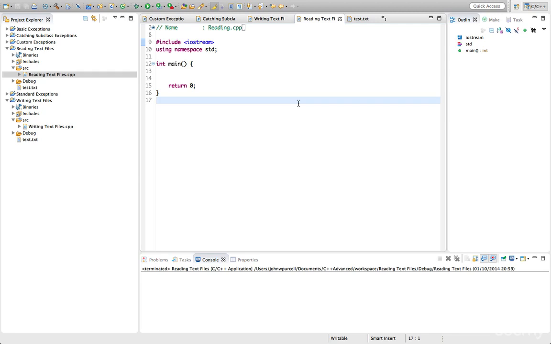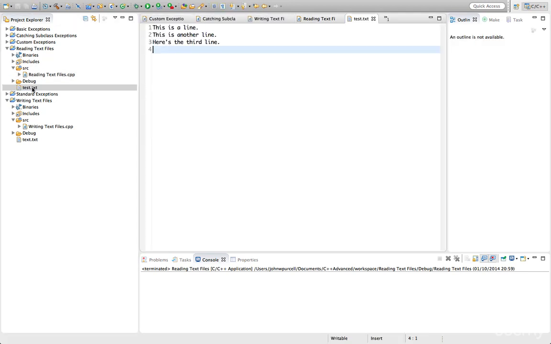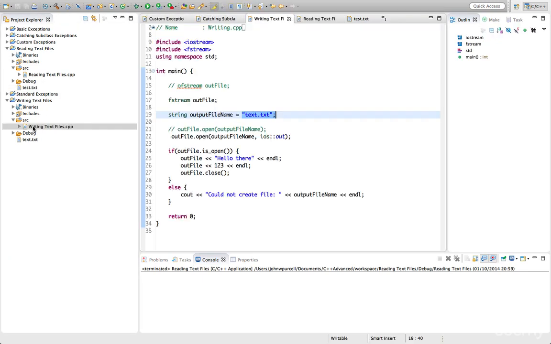In this tutorial we're going to take a look at the basics of reading text files in C++. So I've got a file that I created here in the project root directory called test.txt. In this tutorial I'll do the same that I did in the last tutorial where we were writing text files, and there I just use the name of the file. So if you just use a file name, you don't use the file path, then the location of the file